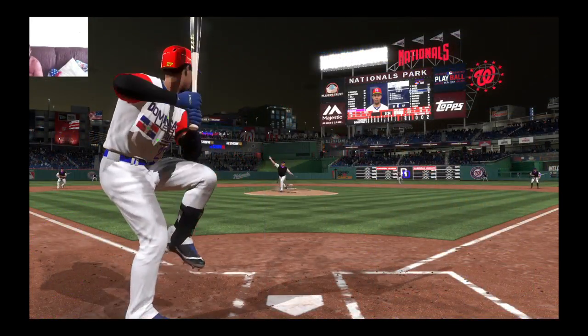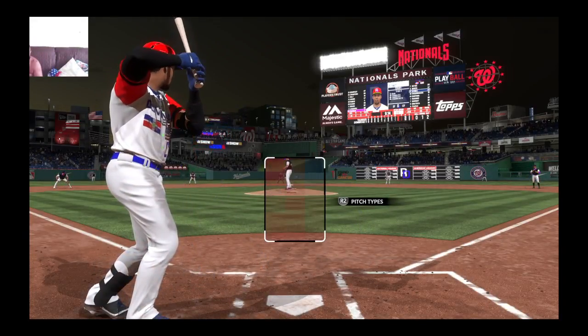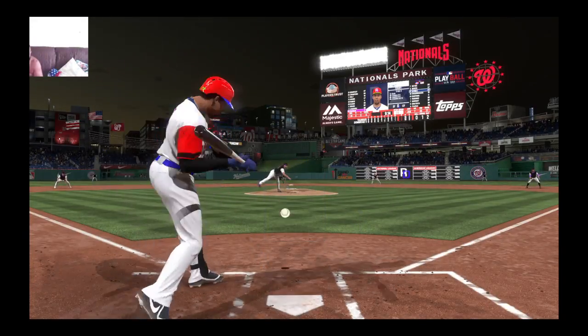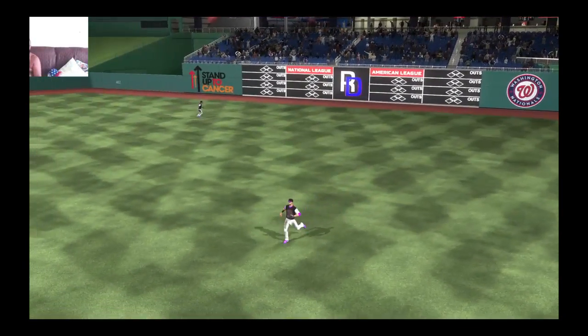Ready with the first pitch. Here it comes. Just a tick behind for a strike. Clean slate on the base path after that sac fly a minute ago, so now's the time to be aggressive. And the right fielder is there to make the...